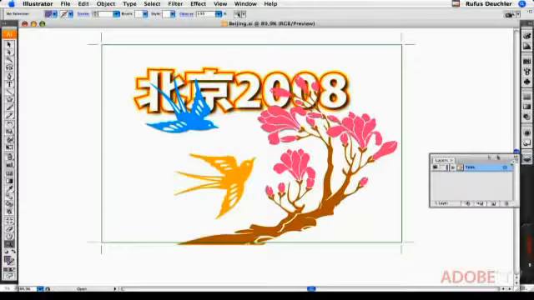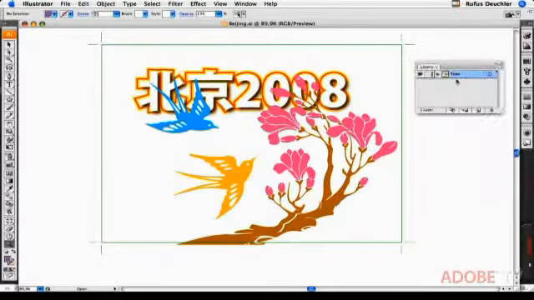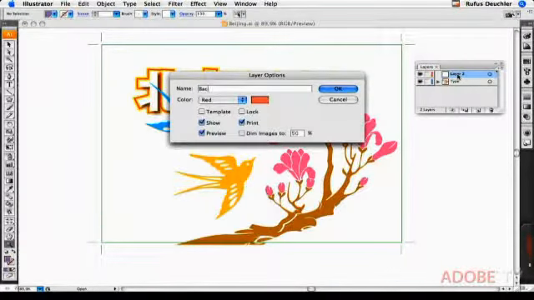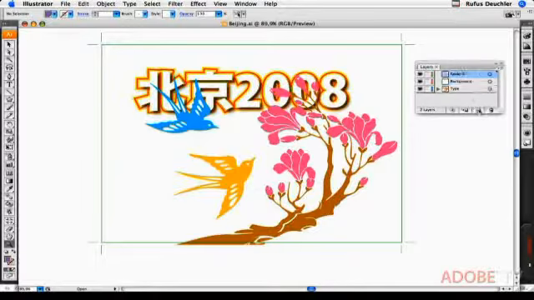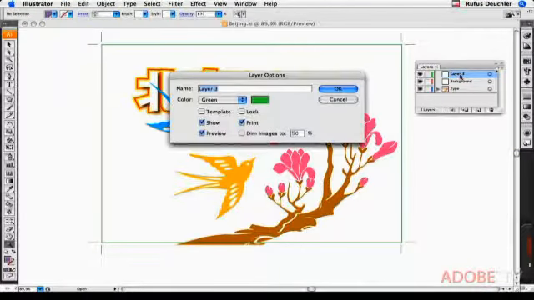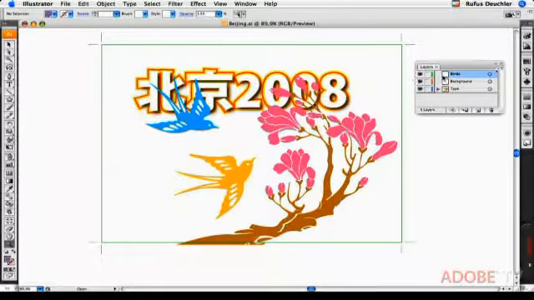So for example, if we go in the Layers panel here, I'm going to pull it out. We have a layer called Type, with the text, but I'm going to add other layers now. For example, Background. Okay, and then another layer called Birds, because I'm going to put the birds on a special layer. Okay. And now we can move the type on top of everything, just by moving the layers inside of the